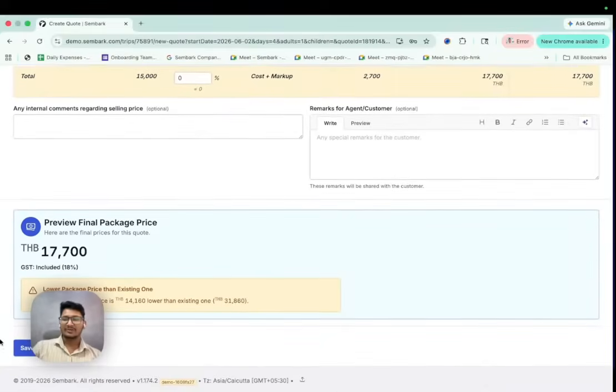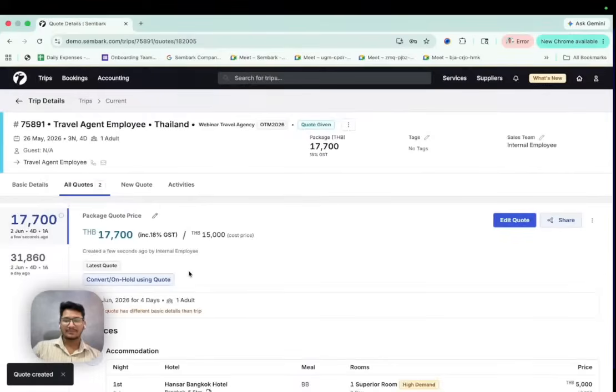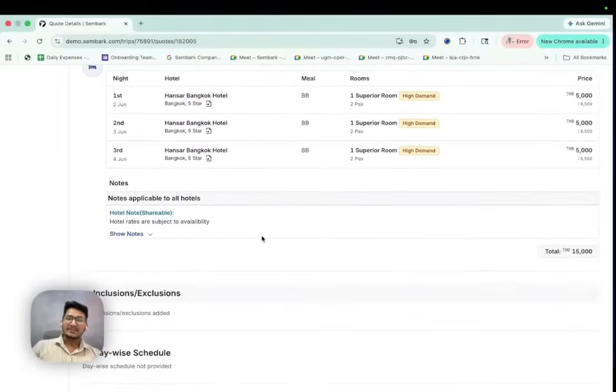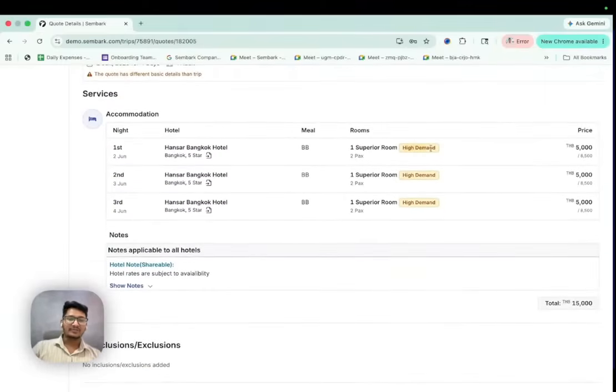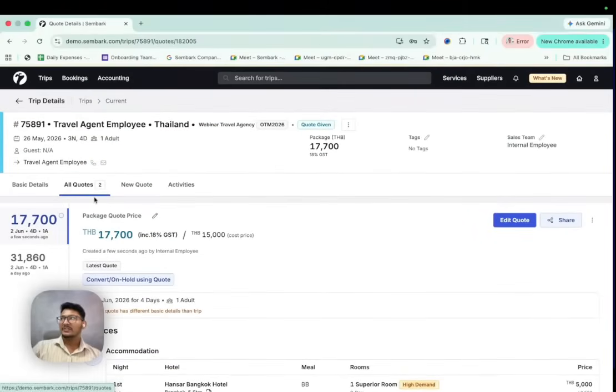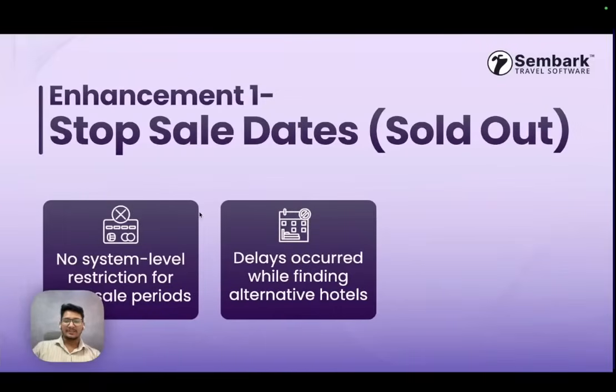Once you update it, you simply save the quote. The quotation will be saved, but in the UI you will also see a warning that says high demand rates, high demand. The same rate will also be viewable inside the service booking section. Yeah. So now let's move to our next update,